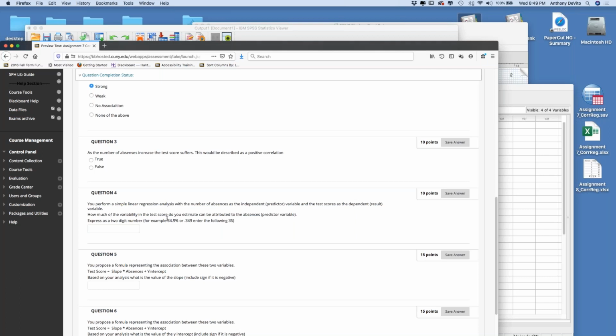How much of the variability in the test scores do you estimate can be attributed to the absences, the predictor variable? Express as a two-digit number. For example, 34.9 or 0.3, enter like 35. In other words, if that's clear as mud, right? Express as a two-digit number. Okay, so